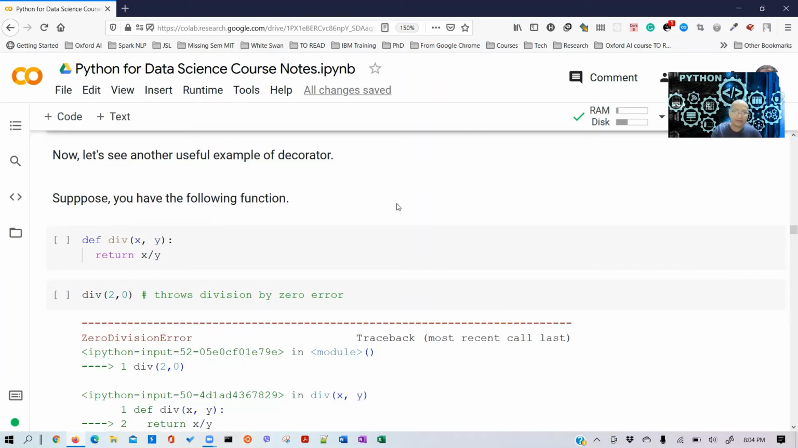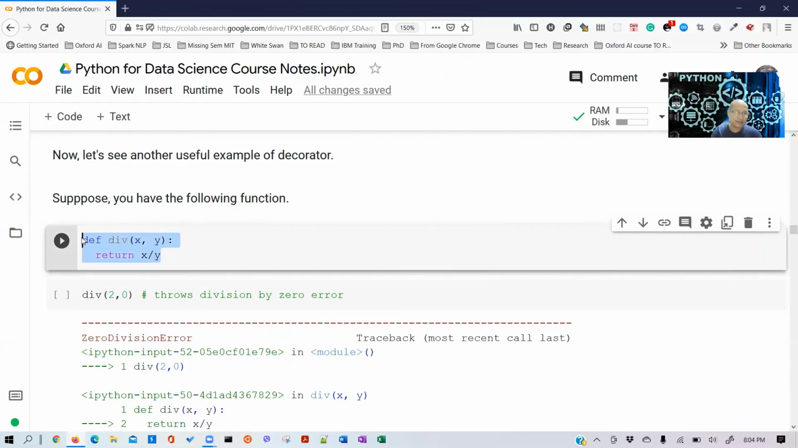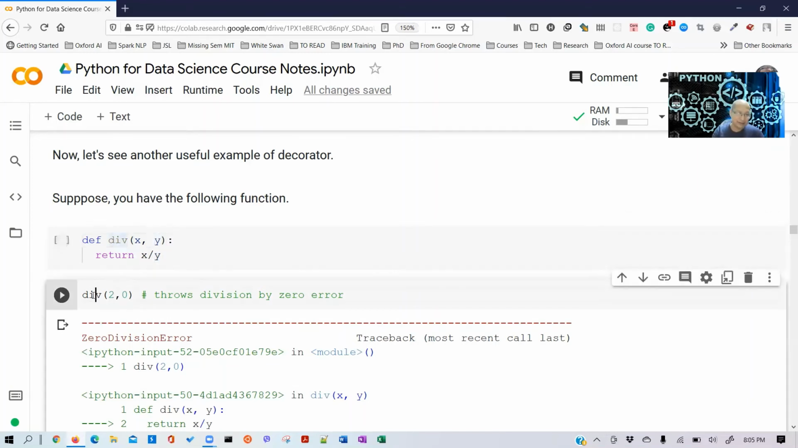So how can we use the decorator? For example, I have a function named div, with x and y, that returns x divided by y. So this is just a division function. If I pass two numbers, x and y, it gives me back the result as x divided by y. Now, if you call this function with div(2, 0),